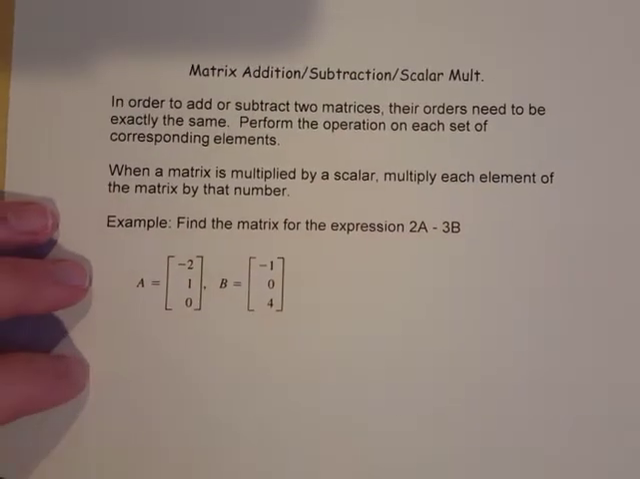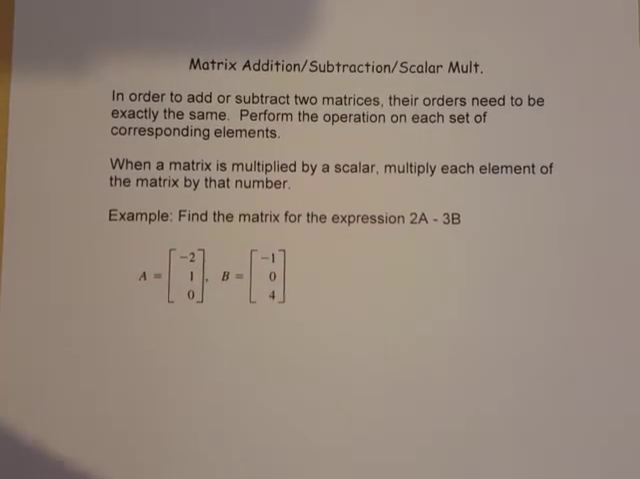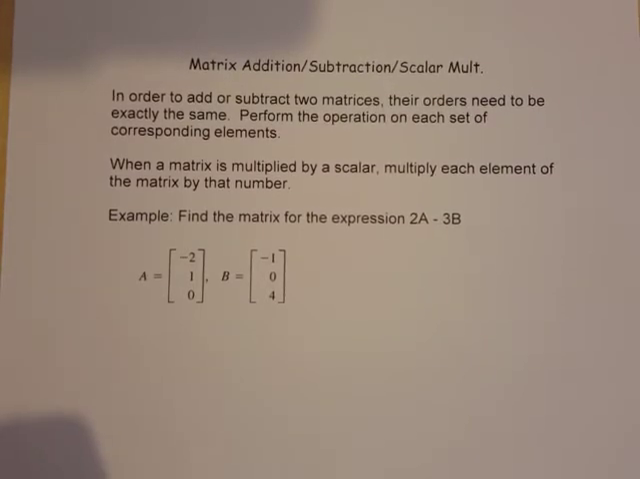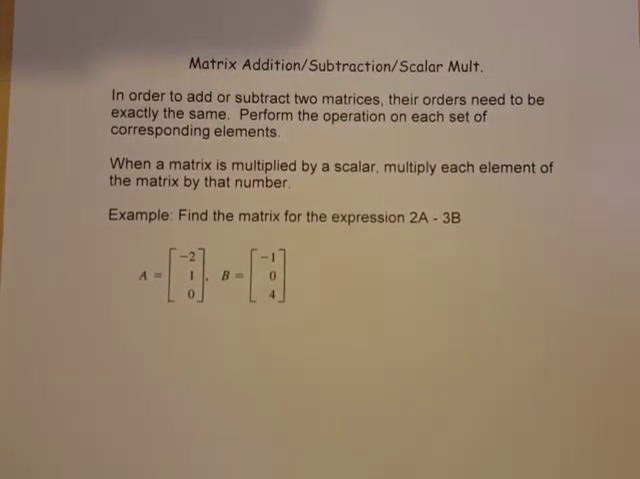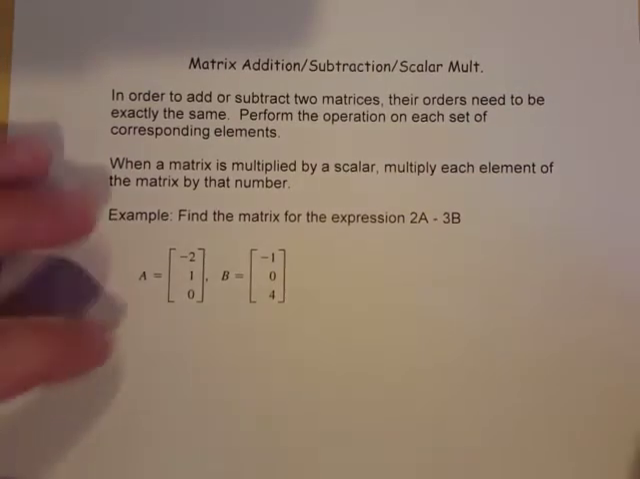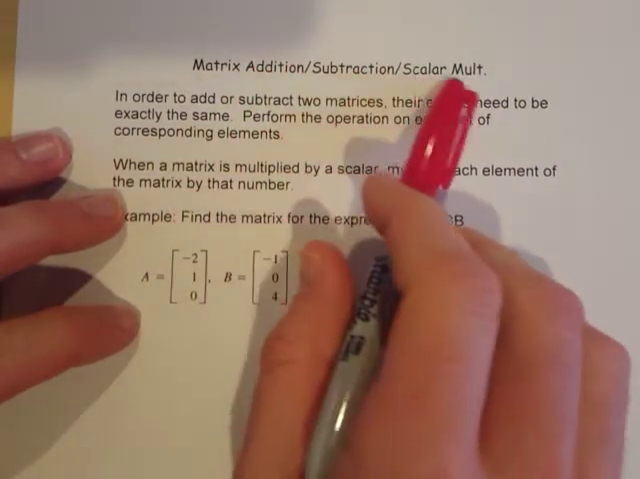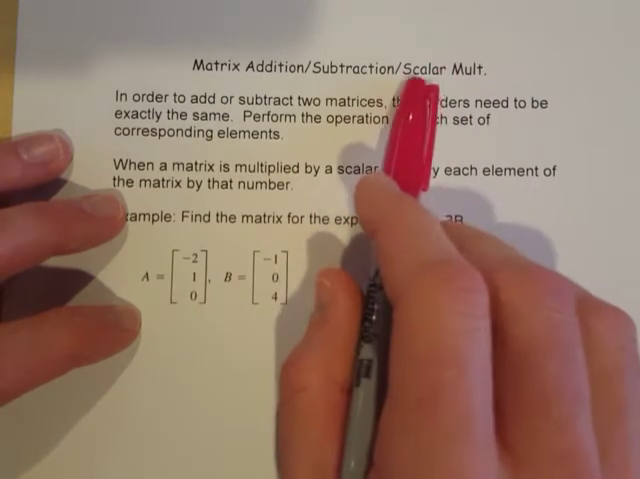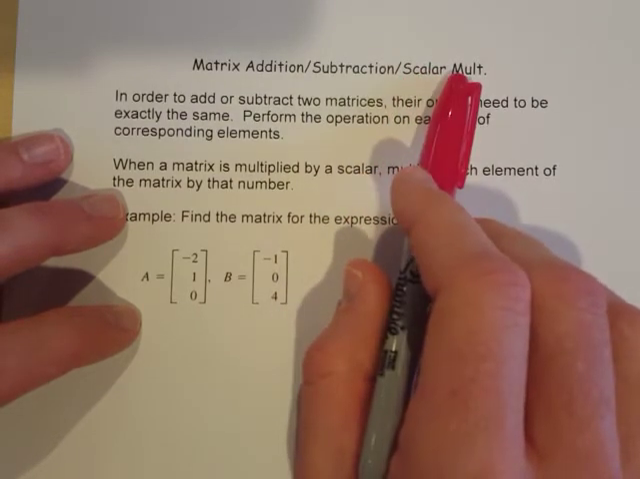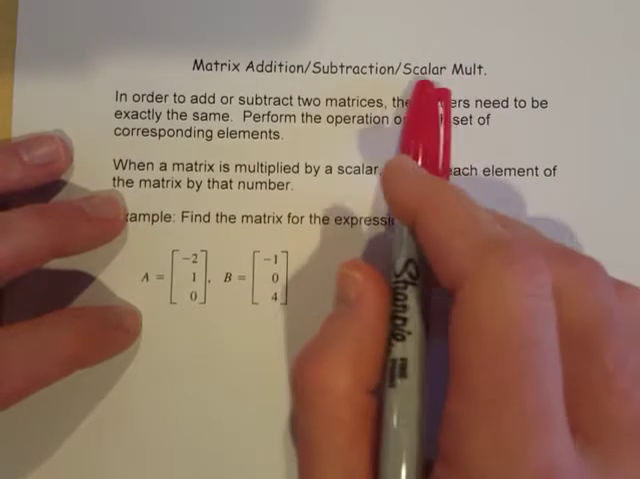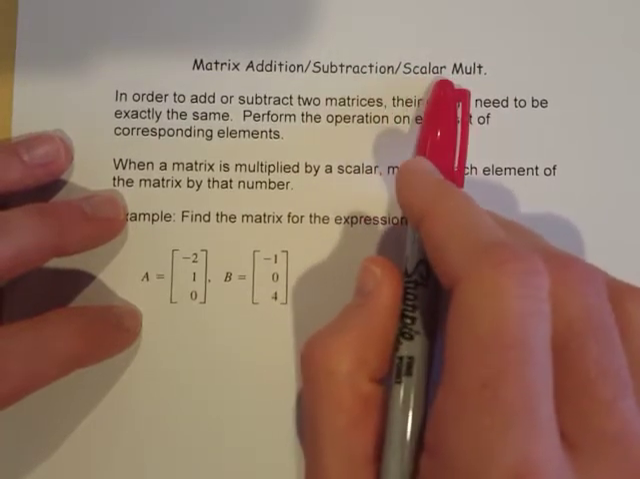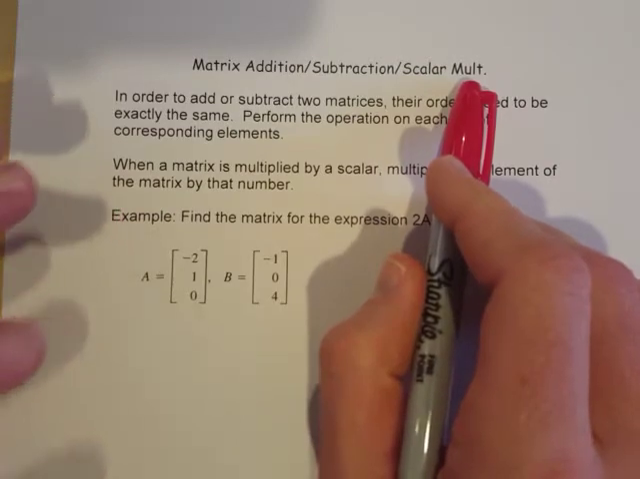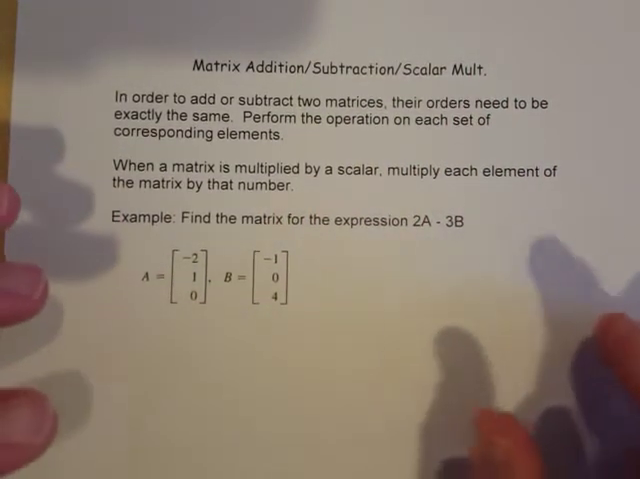So the title of today's section was matrix operations, and we're going to start with the three that are easiest for matrices. We're going to do addition, subtraction, and scalar multiplication all at once. When it says scalar multiplication, that's different from normal multiplication in that scalar is just a single number. When we do matrix multiplication, that's going to be matrices being multiplied by each other, so it's going to be